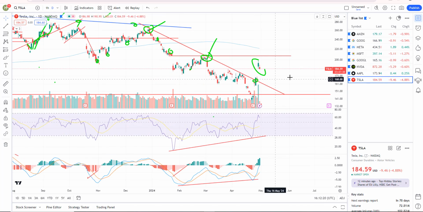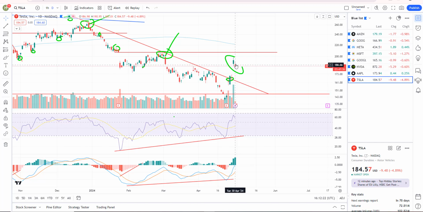And then Tesla gapping up on the breakout, pulling back a little bit today. Again, Tesla's not really in play for me either. I don't see anything that's really that interesting. If anything, I think Tesla could maybe go a little higher. It might fill this gap, but I think it could run up to 207-ish, and this 200-day